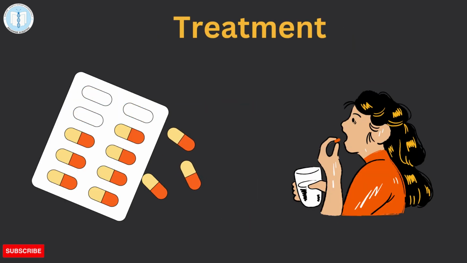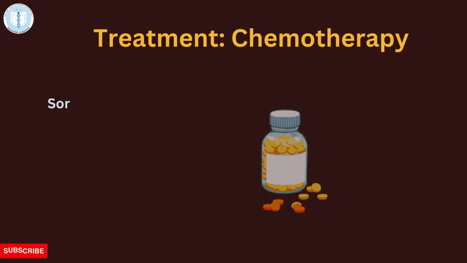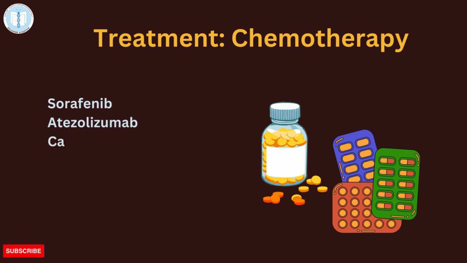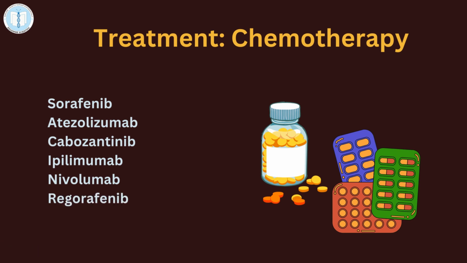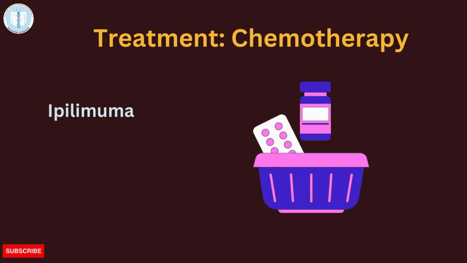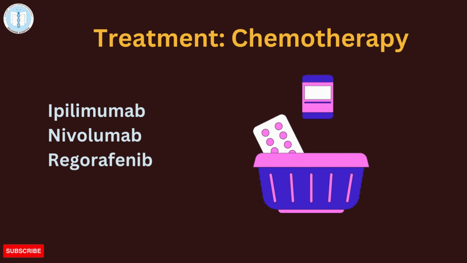Now let us look at the treatment of liver cancer. Here I am talking about chemotherapy, as chemotherapy is the most commonly used cancer therapy. In chemotherapy to fight liver cancer, we have drugs like sorafenib, which is a kinase inhibitor, atezolizumab, which is a monoclonal antibody targeted against programmed death ligand 1, cabozantinib, which is an inhibitor of tyrosine kinase receptor, ipilimumab, which is